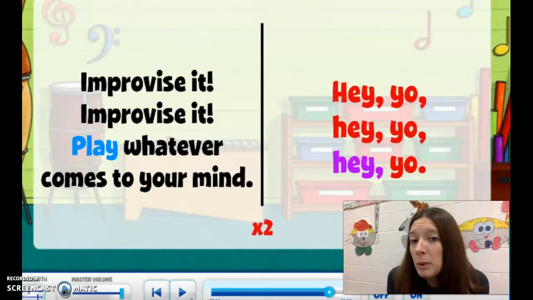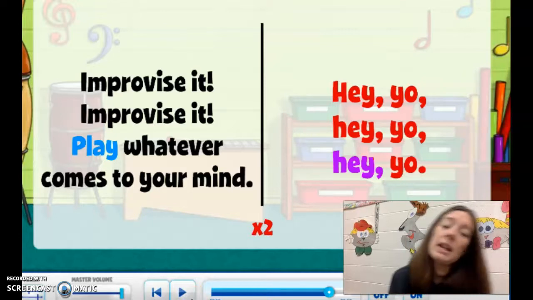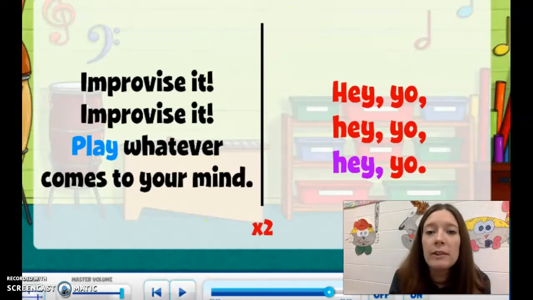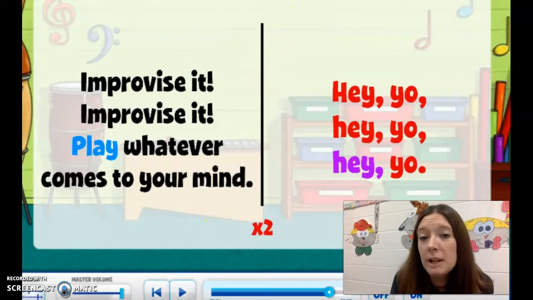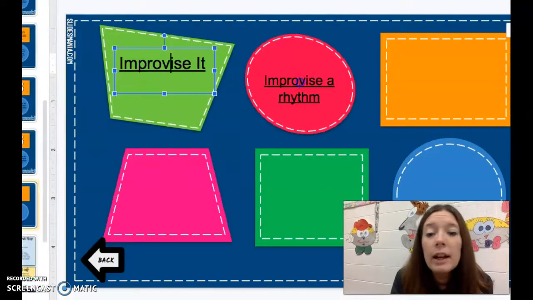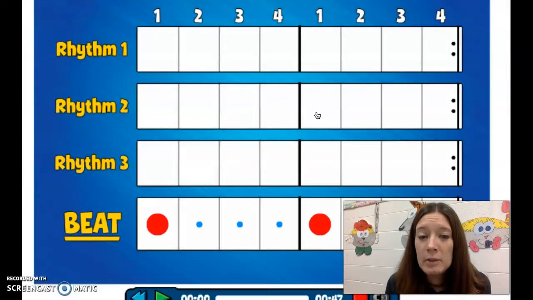So that's just teaching you about what improvising means. It means you just make it up on the spot. You just get to be creative. Your only rule is you have to keep a steady beat. Follow along with the beat. Okay, and then after you sing your improvising song, you can come to the second thing, which is to improvise